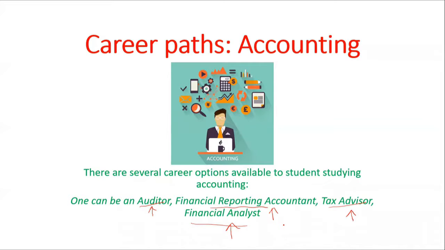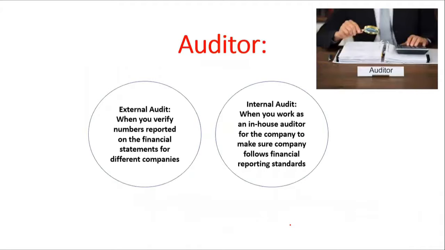This will give you an idea about what each area requires and what the work is. I will briefly talk about what you would be doing in each area, just to give you an idea and help you make sense of what kind of work you would prefer. So let's look into what each area requires, or what type of work you would expect in each area. As an auditor, there are two options. You can go for external auditing or you can go for internal auditing.